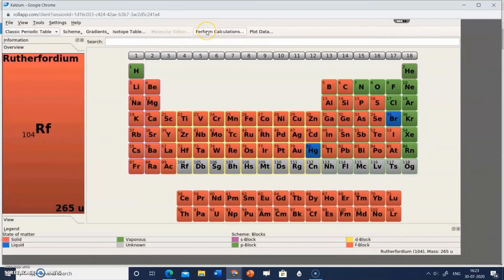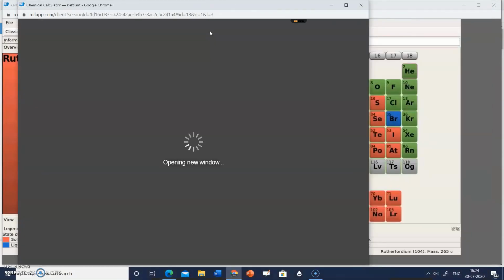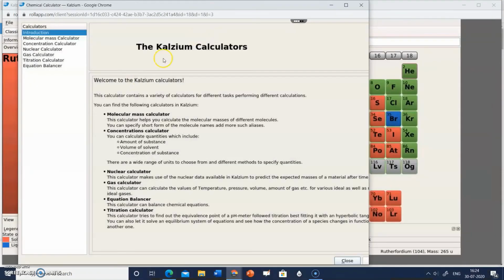So yes, this is the important feature of this Calzium, perform calculations. When you click on perform calculations, yes, types of calculations: molecular mass calculator, construction calculator. Let's see one by one.